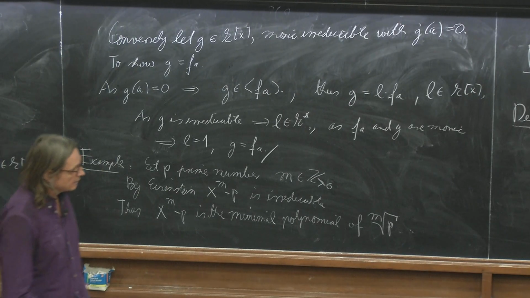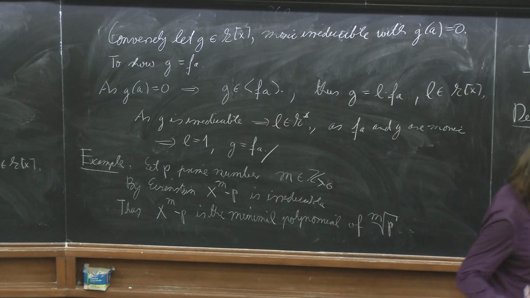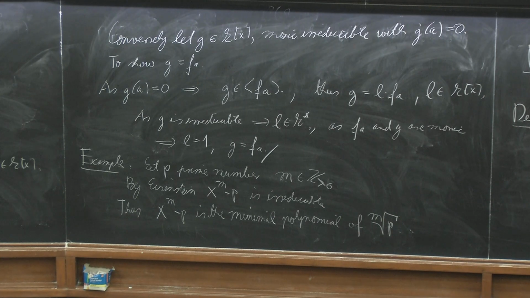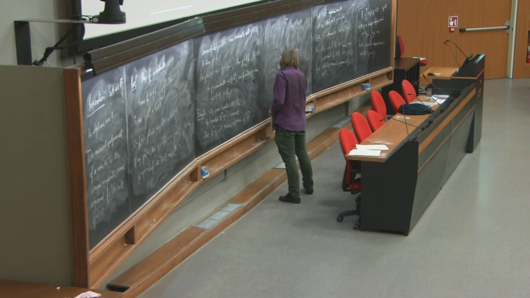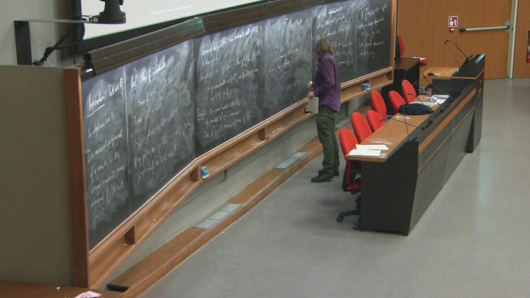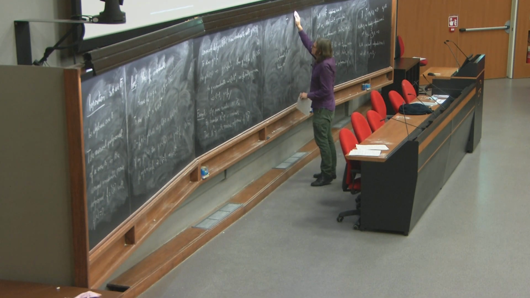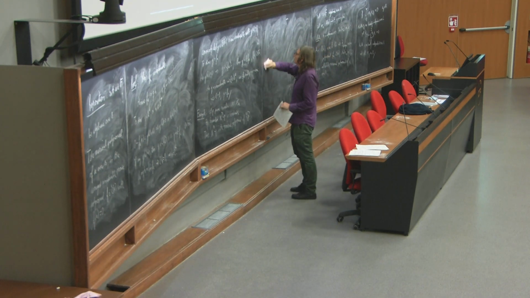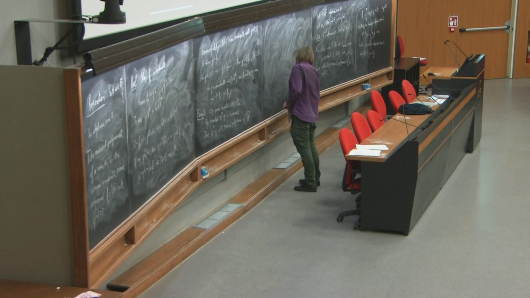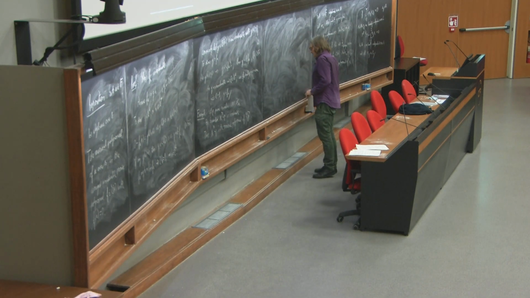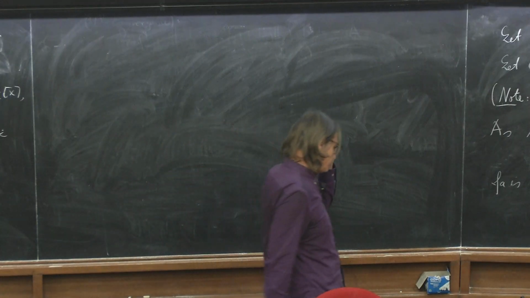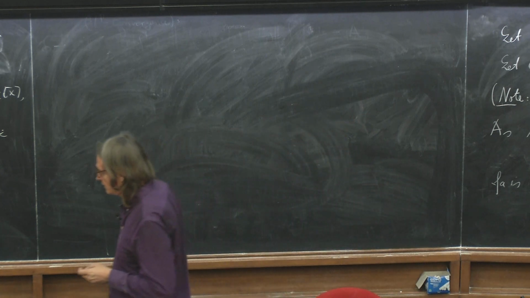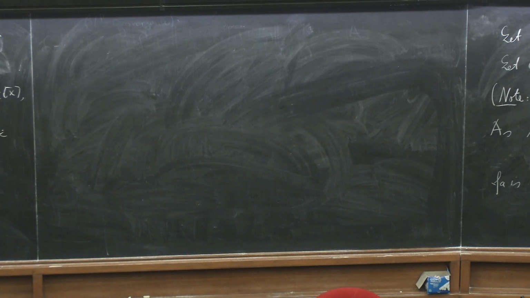So I have to now deliver on that. So I have to tell you, describe a simple algebraic extension in terms of the minimal polynomial. And in some sense, maybe it shouldn't come as a surprise that the minimal polynomial is some irreducible polynomial. So one could hope that one takes,